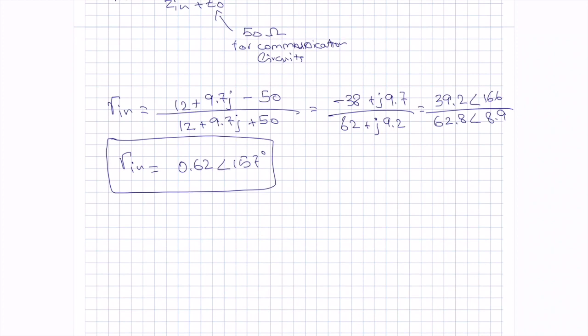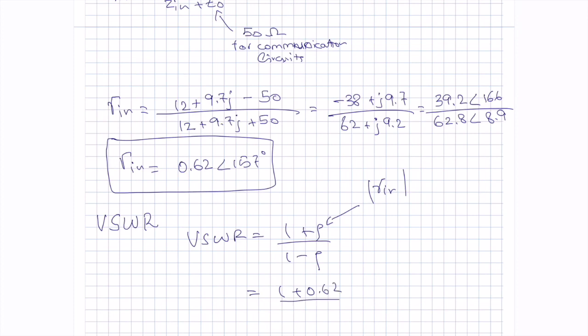The next part that is asked in this question is VSWR, which is in other words also called the standing wave ratio. The standing wave ratio has the formula VSWR given by 1 plus, over 1 minus, this number, which is just the magnitude of your gamma in, and for us it was 0.62. So I'll say 0.62 over 1 minus 0.62, which comes out to be